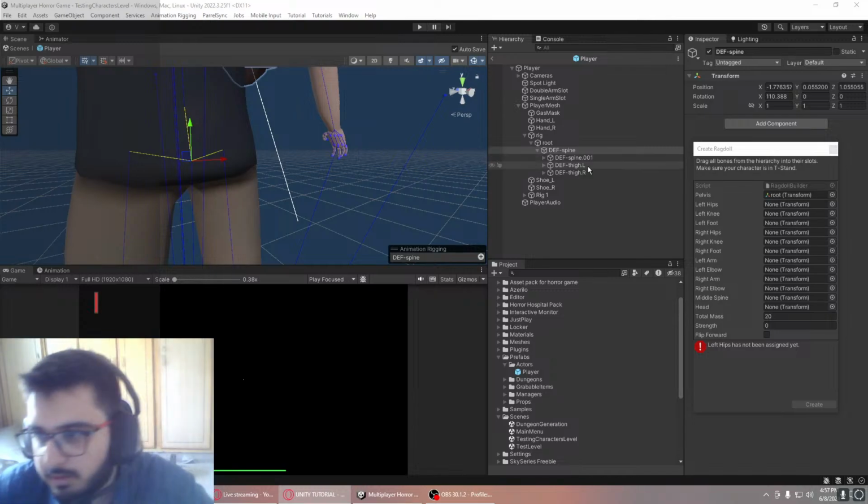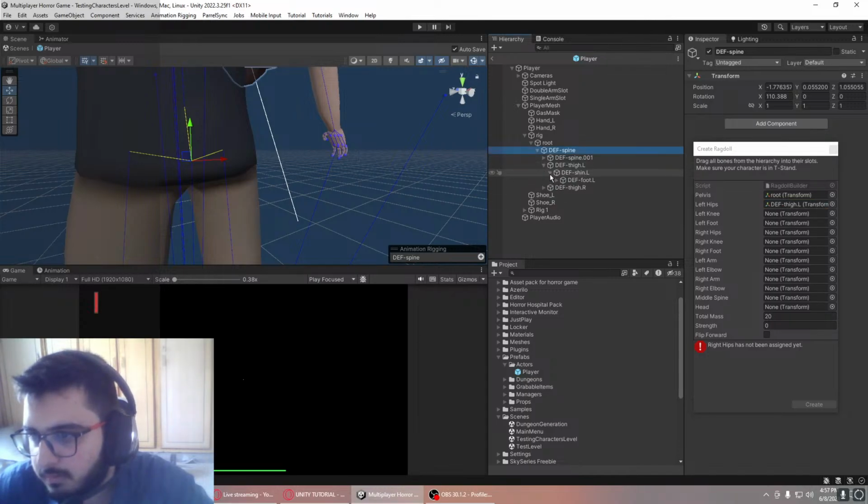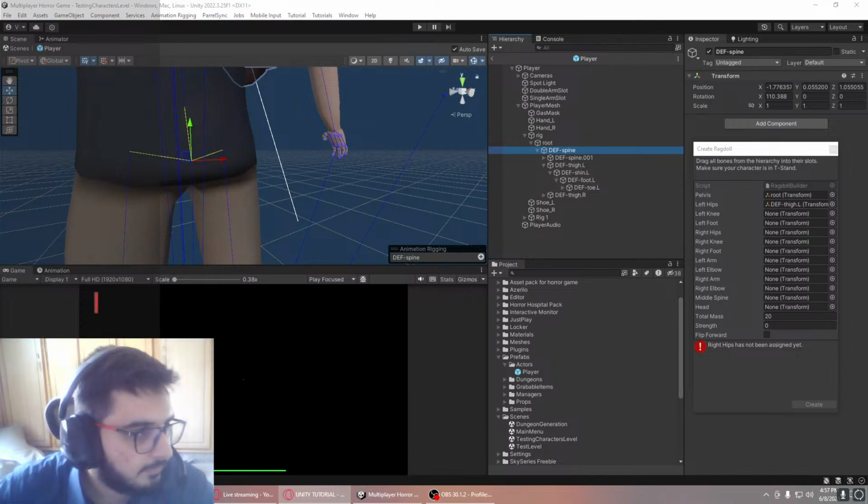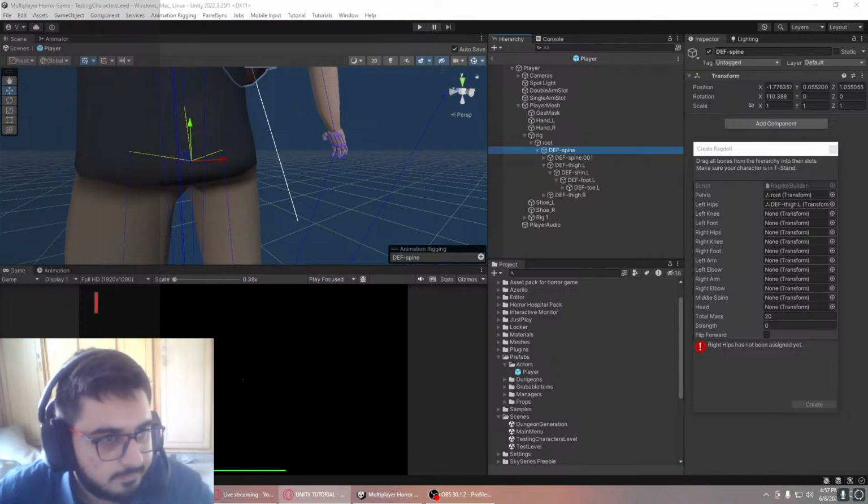So he is putting the thighs as the left hips. Left hips. Left knee. So you gotta experiment a little bit with that, but after a while you will figure it out. Making ragdolls is actually a little bit time consuming, which is why I'm